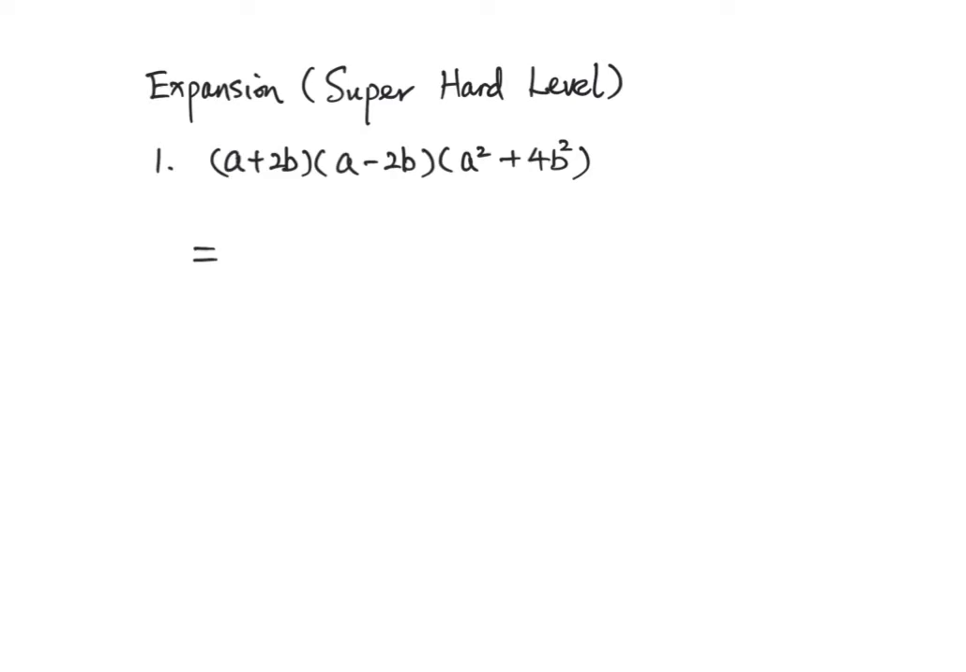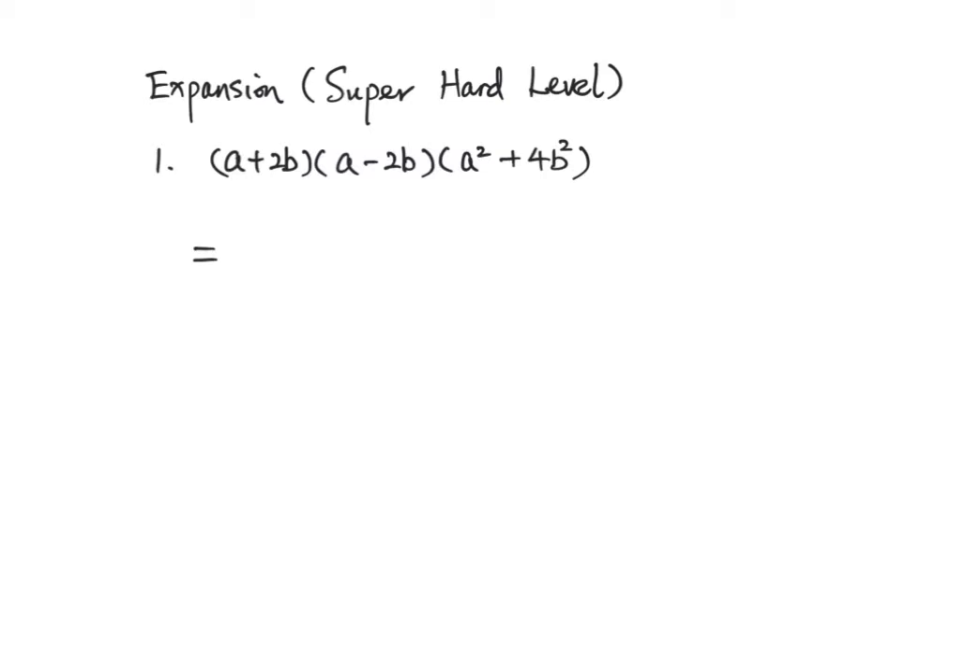Core topic number 2, expansion, super hard level. Let's see the first example. There are 3 brackets multiply each other. The first bracket a plus 2b times the second bracket a minus 2b times the third bracket a squared plus